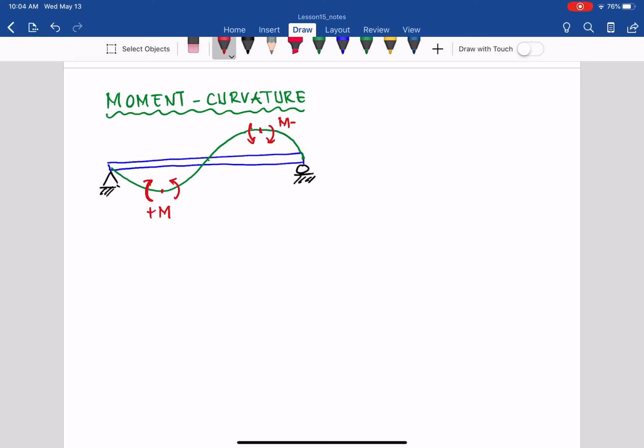If it's a negative moment, it will be a curve up and curve down, as you can see there, because that is how the material, the body, behaves with the bending moment. And the